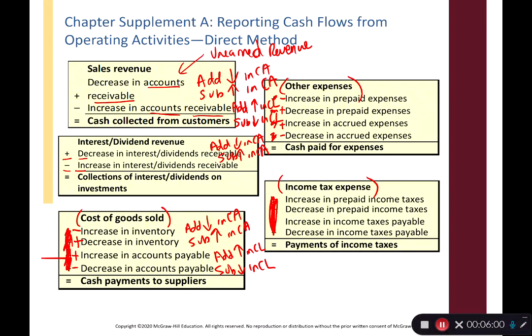With income taxes, the prepaid income taxes is a current asset, so we subtract an increase and add a decrease, assets opposite, and then liabilities the same, we add an increase and subtract a decrease. So I like knowing assets opposite, liabilities the same, and it'll work for the direct method as long as you make your revenues positive and your expenses negative. Then you add decreases in current assets and subtract increases in current assets that are related to the account we're